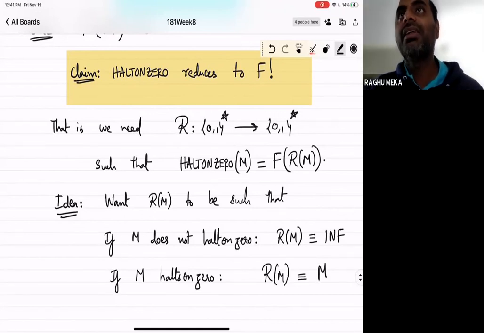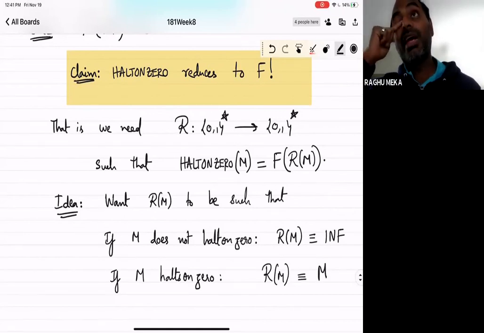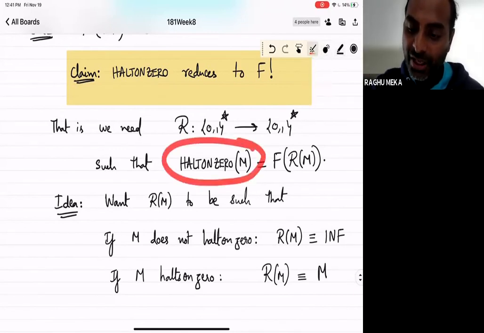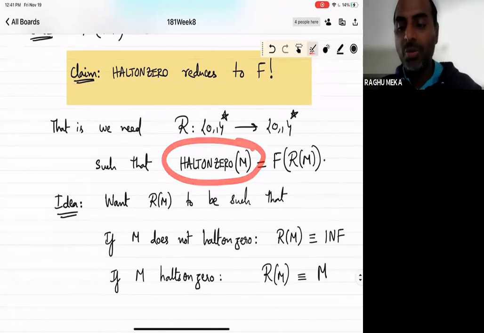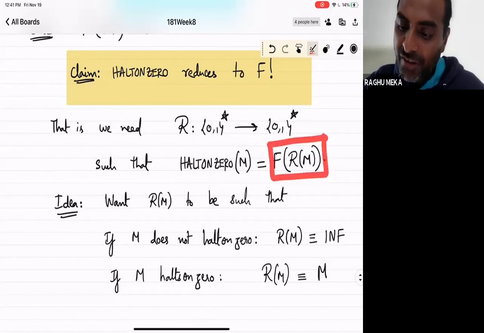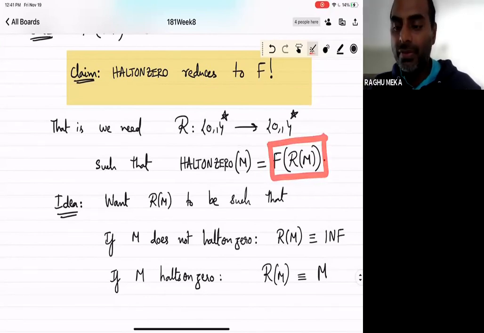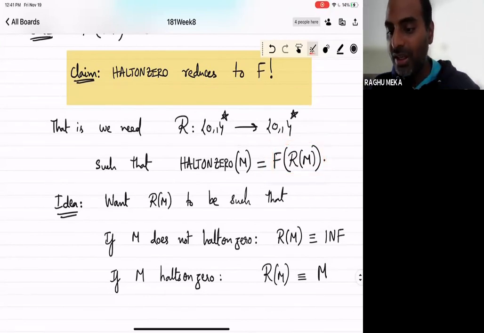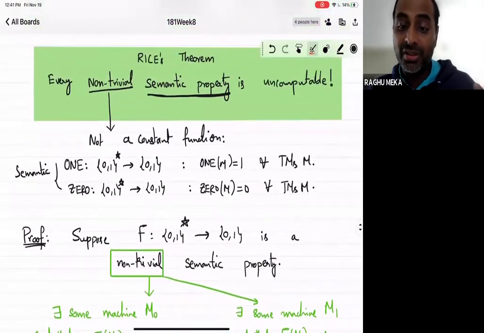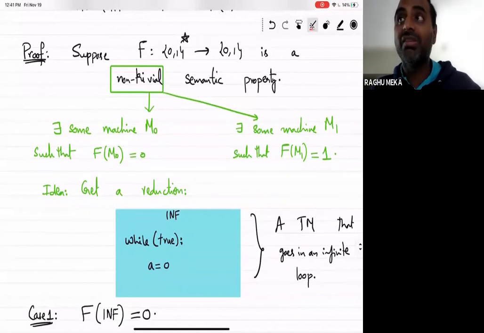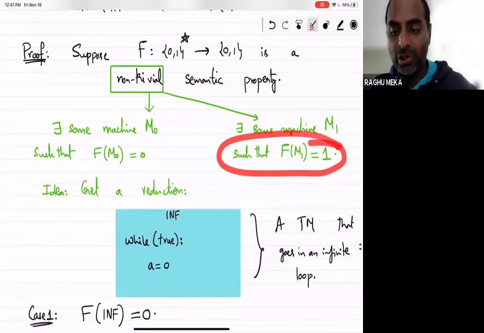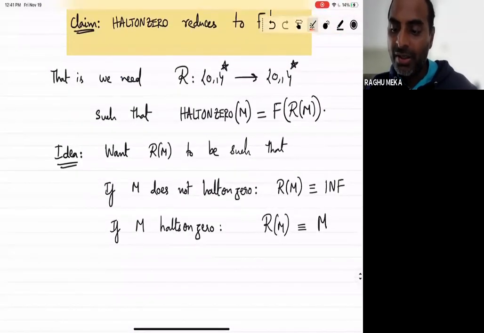On the other hand, if m halts on 0, then halt on 0 of m would be 1. The output would be 1, right? But for the equality to hold, we need f of R of m to be 1. But the only thing we really know about the semantic property is that there is some program. It could in fact only be a single program for which this holds, right? So we need